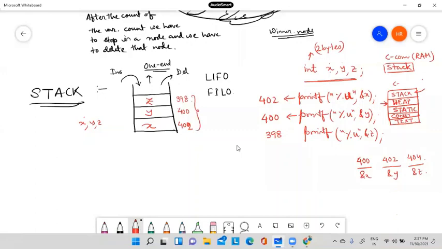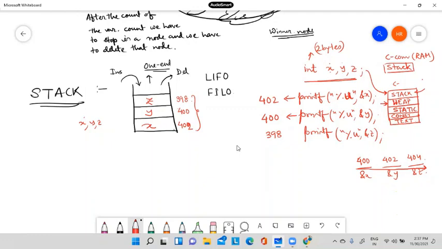From this address value we can understand that whatever variable we declare in our program will be stored in a stack. That's why the address values are in this way. Otherwise the normal way would be that the address of y should be greater than the address of x, and the address of z greater than the address of y.